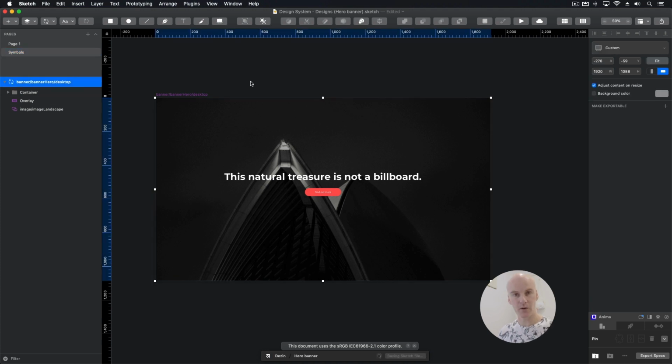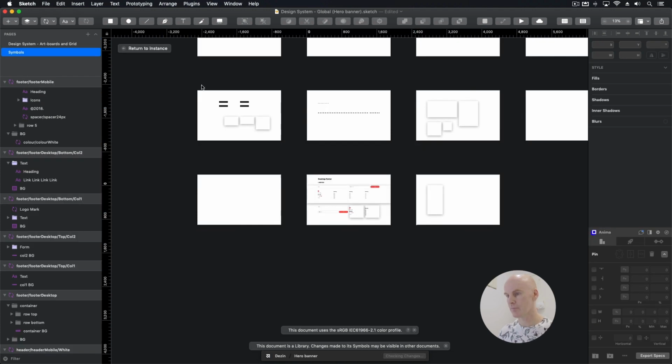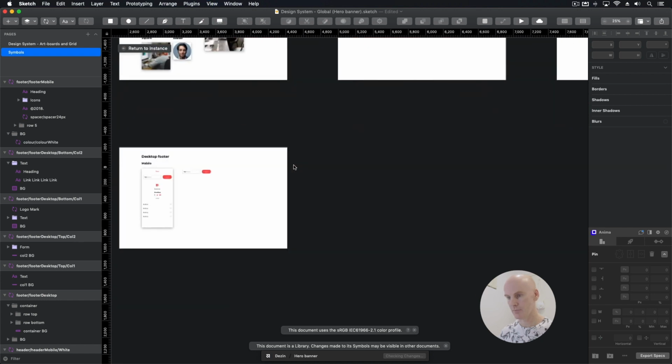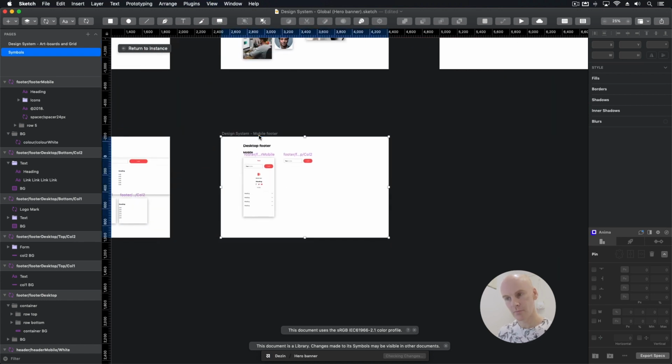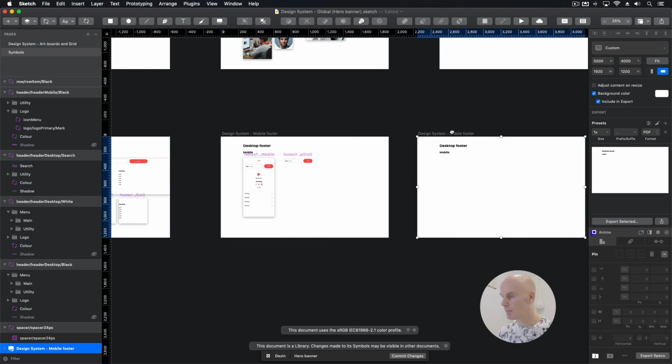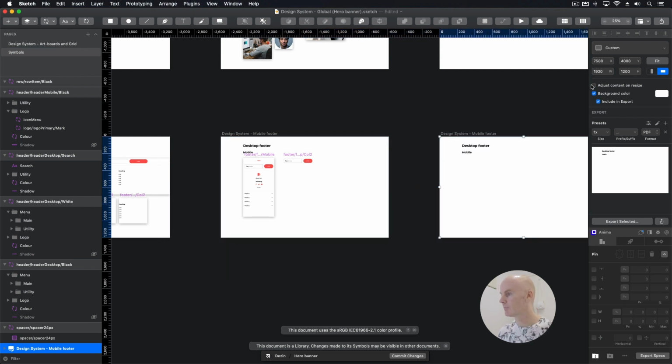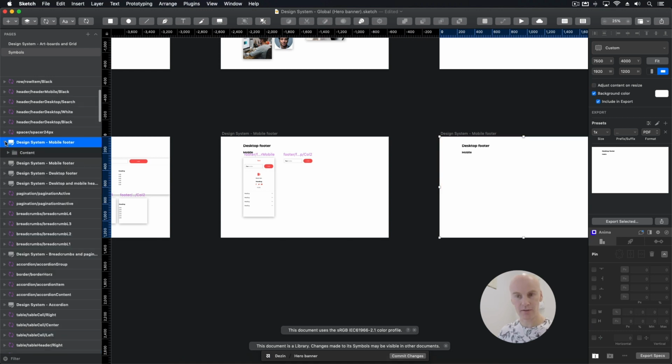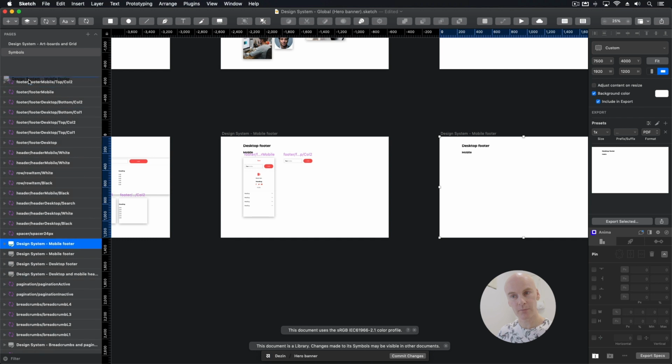And I'm going to copy it over to the global library. And to give it somewhere where it can live, I'm going to grab the last artboard that we made, move it over, collapse all those layers, move this to the top, rename it to